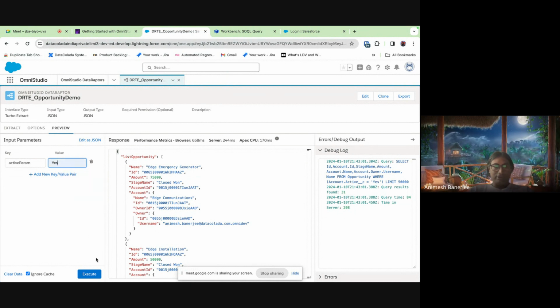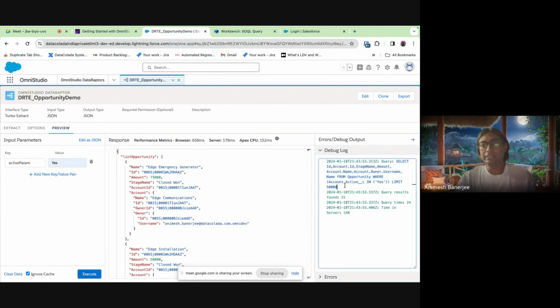তো এবার yes করলাম, আমি এক্সিকিউট করলাম। এবার দেখো এই প্যারামিটারটা এখানে কিন্তু আমি কোয়েরিটা দেখতে পাচ্ছি। একটা জিনিস মাথায় রেখো, এই দেখো লিমিট টু 50,000টা কিন্তু অলওয়েজ বাই ডিফল্ট সেলসফোর্স অ্যাড করছে। কেন অ্যাড করছে? বিকজ ইন অ্যাপেক্স কোয়েরি ইউ ক্যানট গো অ্যান্ড রান এ কোয়েরি মোর দ্যান 50,000 রেকর্ড, কোনোদিন হলেই গভর্নর লিমিট খেয়ে যাবে। সেটা কিন্তু ওমনি স্টুডিও নিজের থেকেই ব্লক করে দিচ্ছে যাতে তুমি ওই ভুলটা না করো।